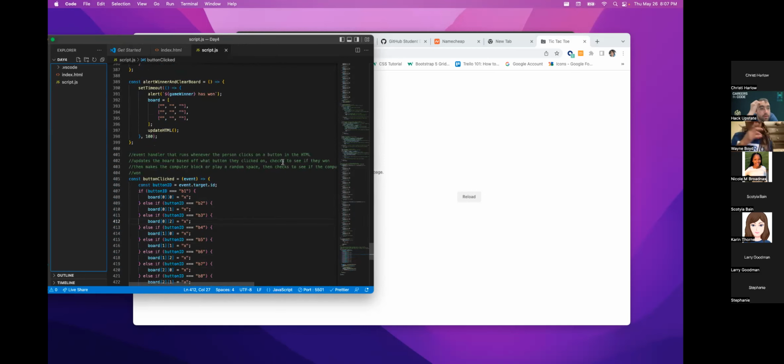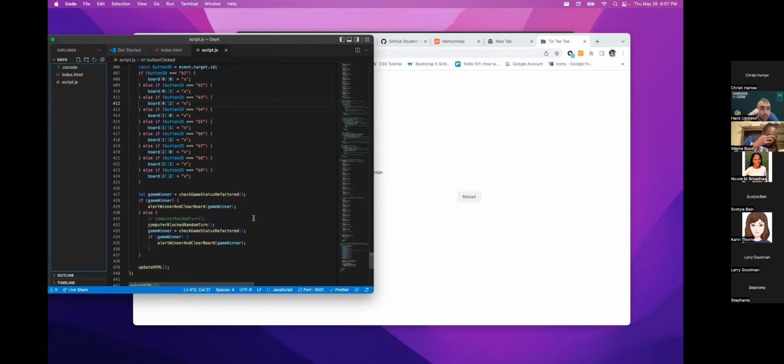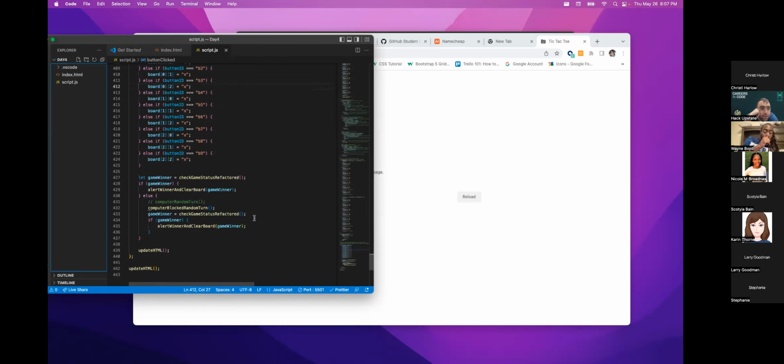So we do all of the work to let the player put the X in, and then go down a little bit more. Then we check the game status refactored, and if there is a winner, clear the board. If there is not, then computer blocked random turn. But I don't like that there is that little underline right there. It says quick fix.